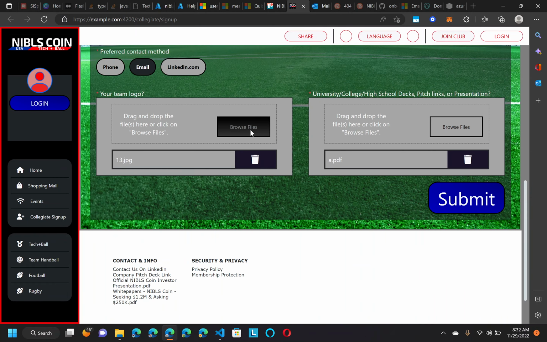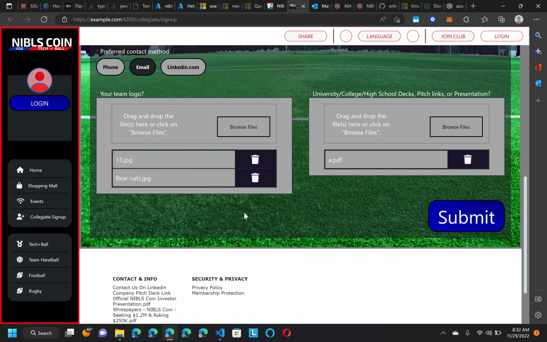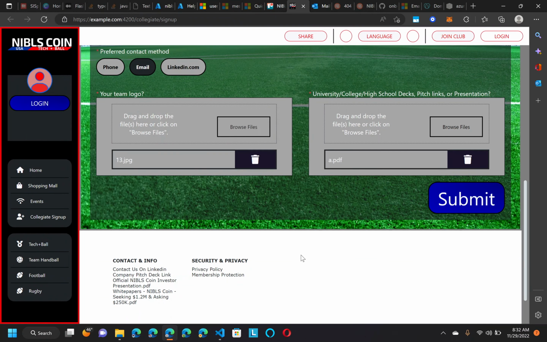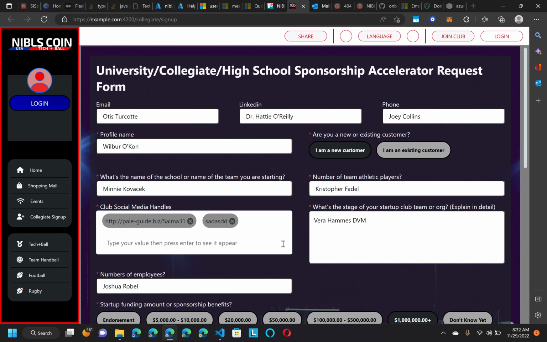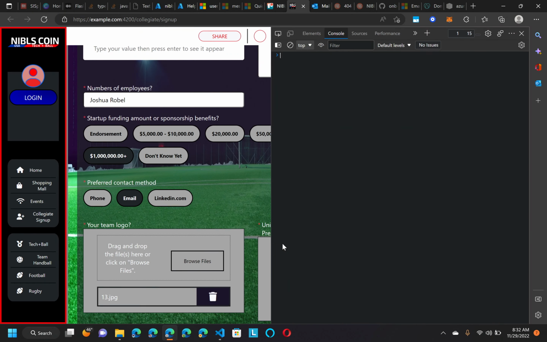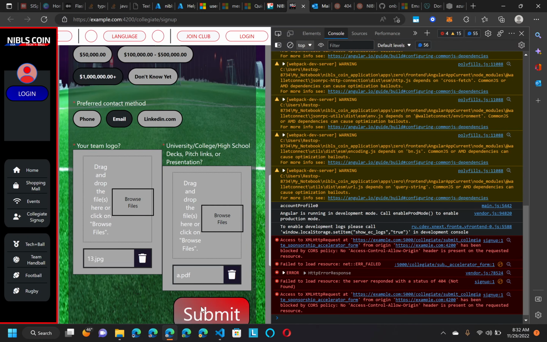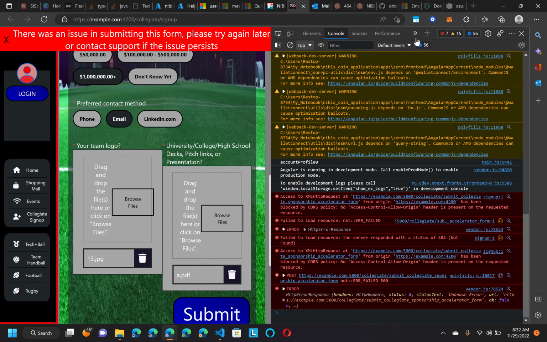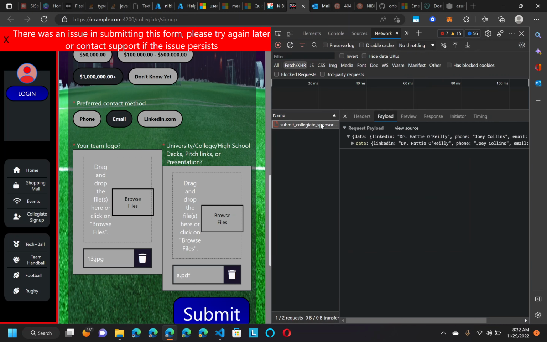File upload, as you can see, we also created our own custom one, which is really nice. And then once we submit the form, we're sending all that data over to the backend. Let's see what that looks like. So file, yeah, that fails. But if you go to our application, to our network tab, if you look at the data,